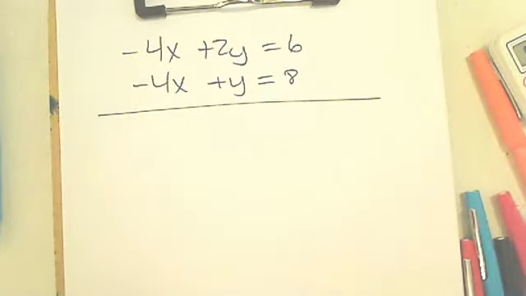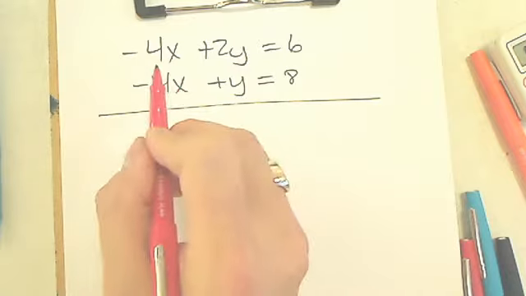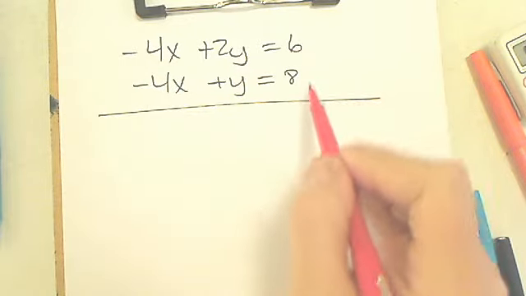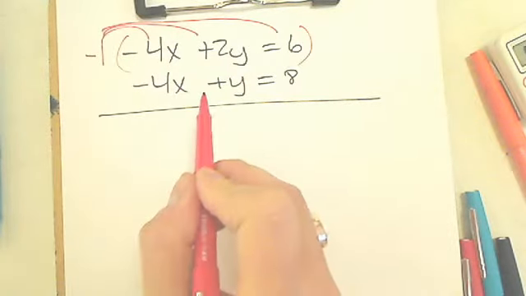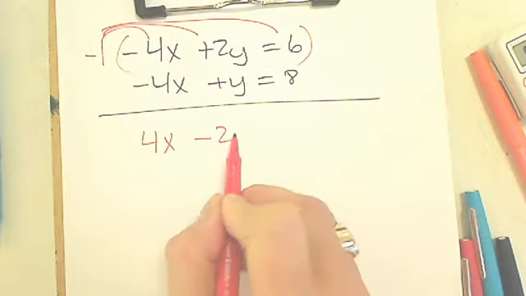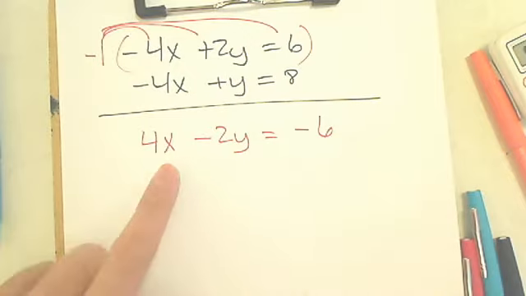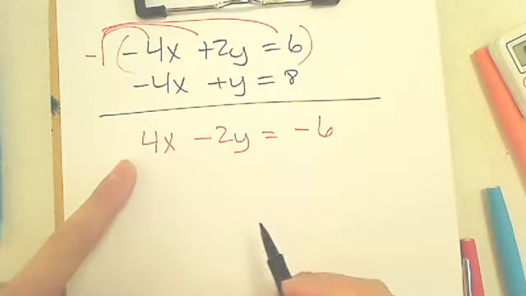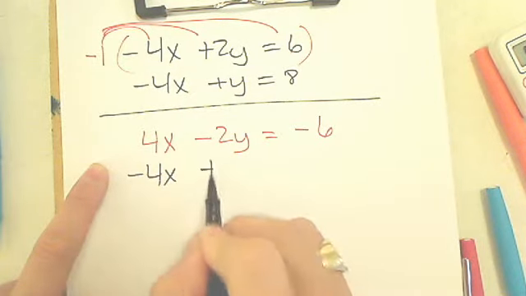So in this case, what do I want to distribute? A negative 1 to which equation? First one? Okay. Only one equation. So then when you do that, you get 4x equals negative 6. We do not change the second equation because if we do, we haven't done anything yet. We just made it the other number. So we bring down the unchanged equation